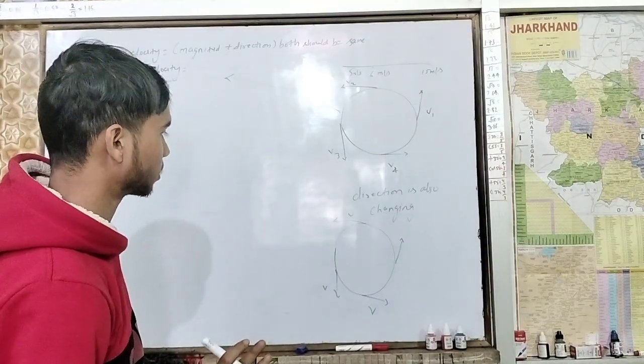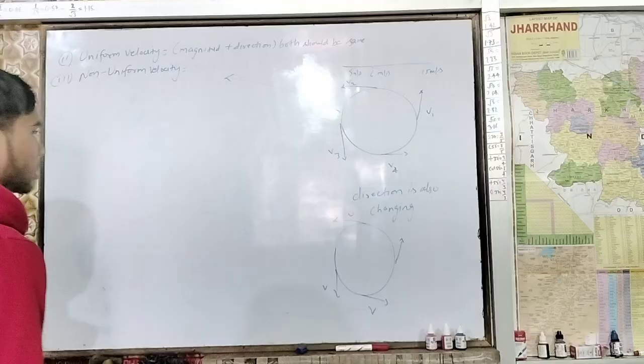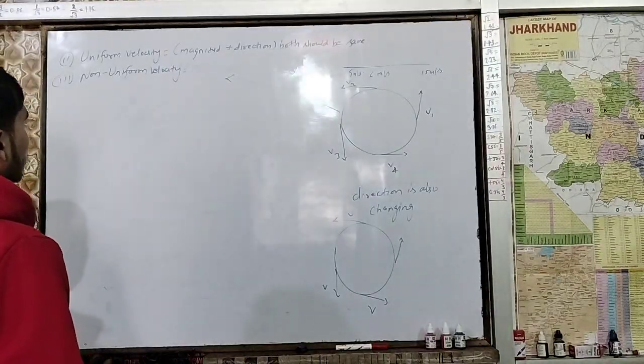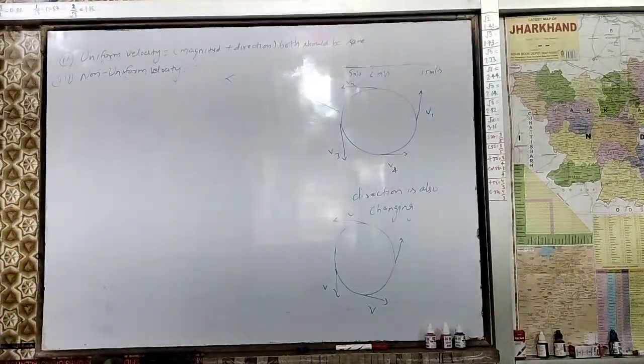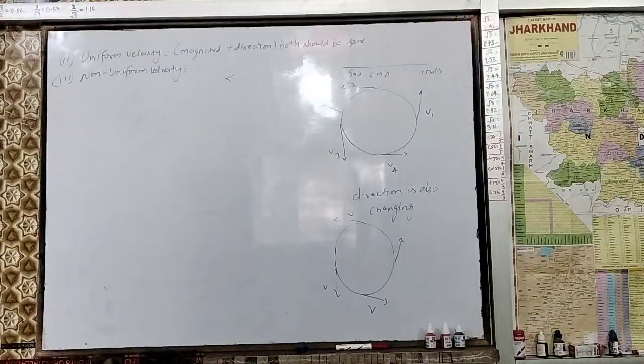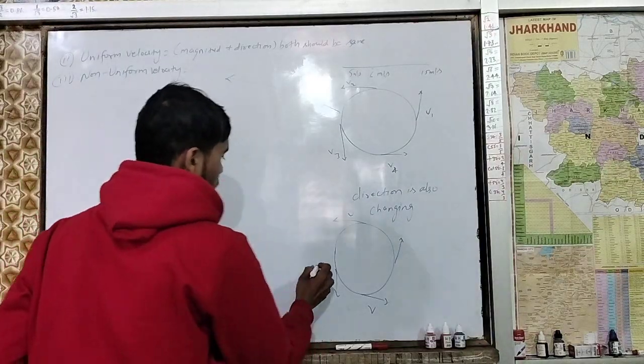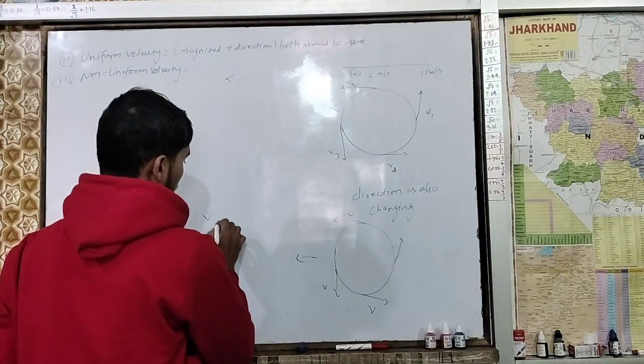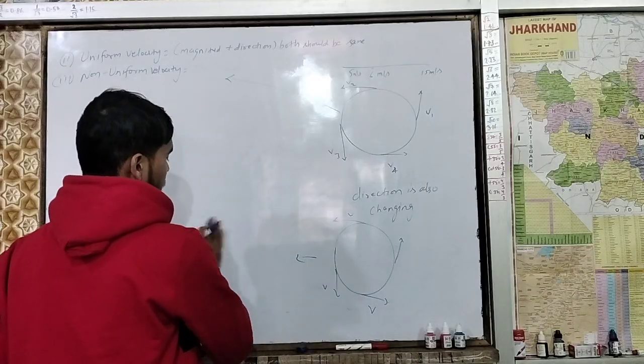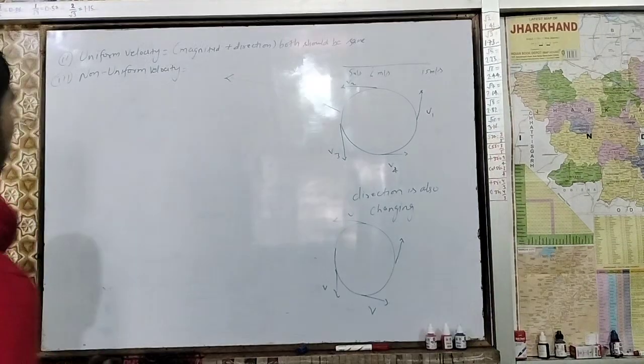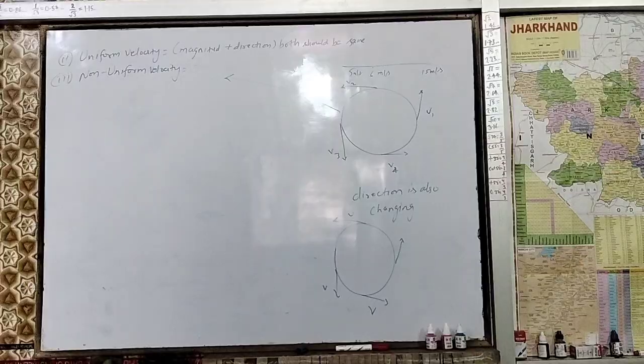The reason is that one thing is changing, which is the direction. Direction is not constant, only magnitude is constant. It is an example of a non-uniform velocity. So over here you can say V is equal to V, but the direction is not. You have understood that. Now let's move towards